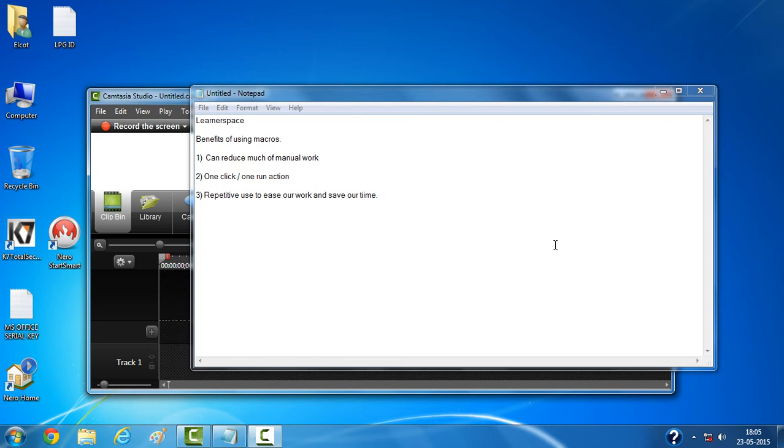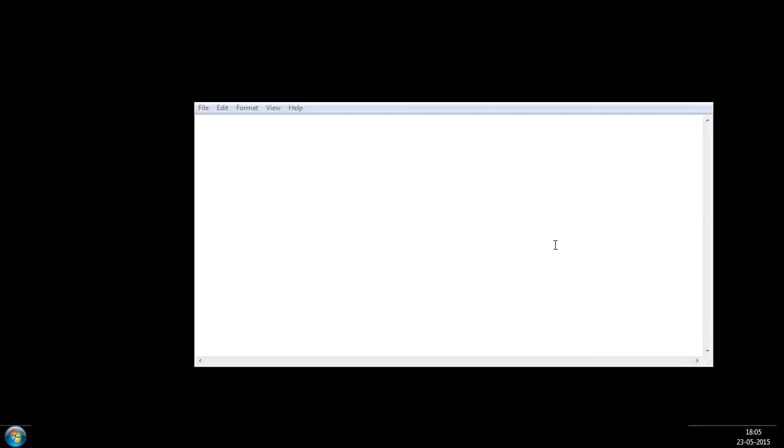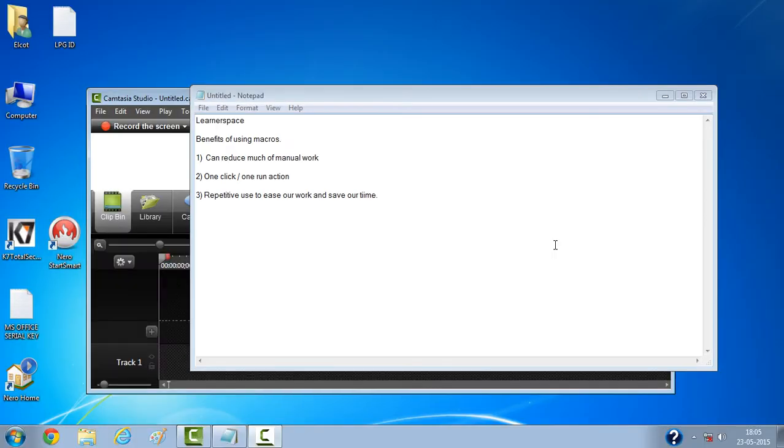Today, let us first get to know what a macro is. A macro is something which can do magic on your computer. You might have heard about Excel VBA macros or Excel macros. This is a screen which is behind Microsoft Excel or any Microsoft product, which helps you write some code and do some kind of work which will reduce your manual work.